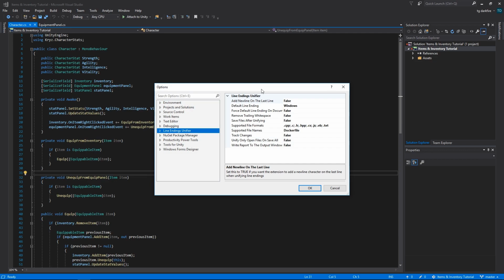But when you start editing it in Visual Studio, which uses Windows line endings by default, Unity starts complaining that you have a file that has mixed line endings. And that gets pretty annoying, so I use this to automatically convert the line endings to be all of the same type. So let me just backtrack and explain this in case some of you guys don't know about the